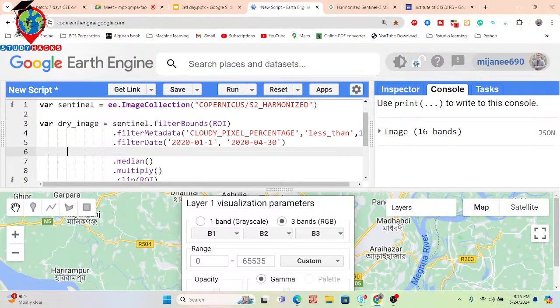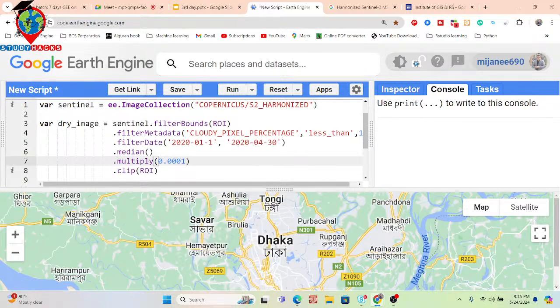Okay? So as for this, I do the same thing here also. After the median, I put the value which I got. Yeah. So now click to run. This time, we can get the proper range.